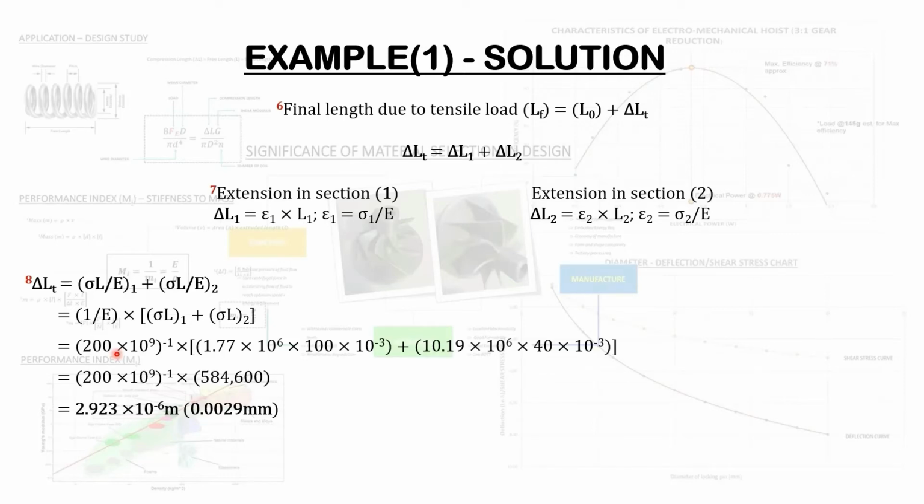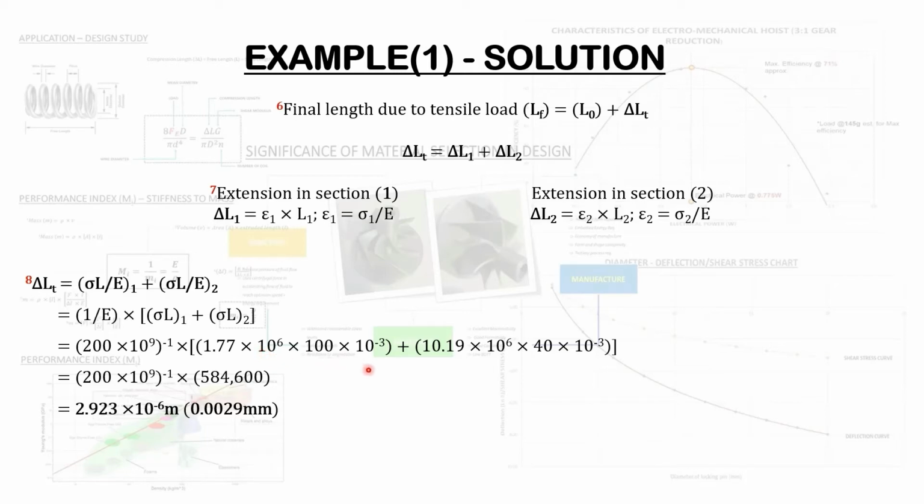And all that we have to do here is substitute into the equation all known variables. So we know E has been given as 200 times 10 to the power of 9. We've calculated the stress for section 1 to be 1.77 megapascal, so that would be 1.77 times 10 to the